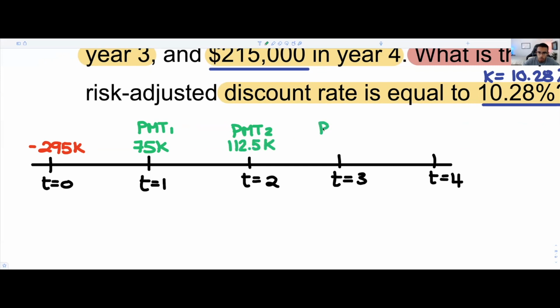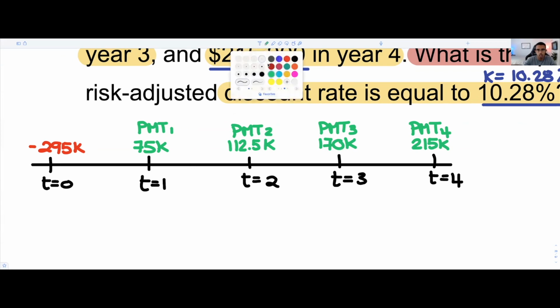We're going to have our payment 3, which if I'm not mistaken was 170K. And then we're going to have payment 4, which in this case was 215K. So that's awesome. Now, the reason why I took the time to really highlight these pieces is because really what